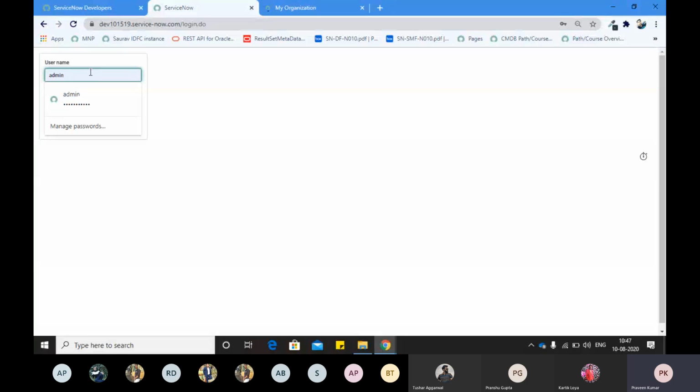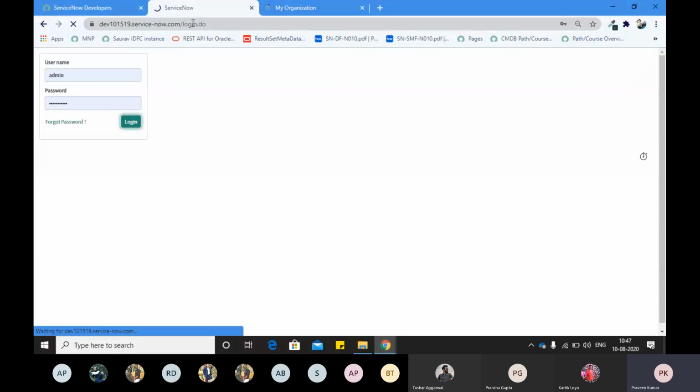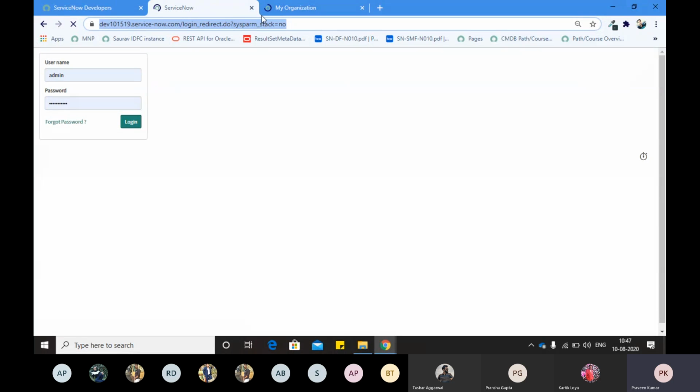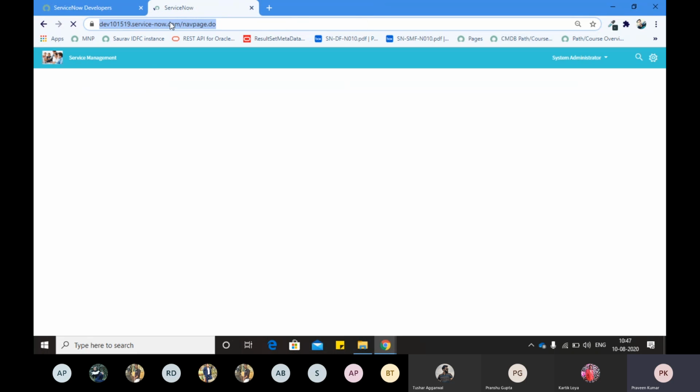So here you have to provide the username and password. I already have my username and password saved in my browser, so I will log in directly. Right, and now we are inside our instance.